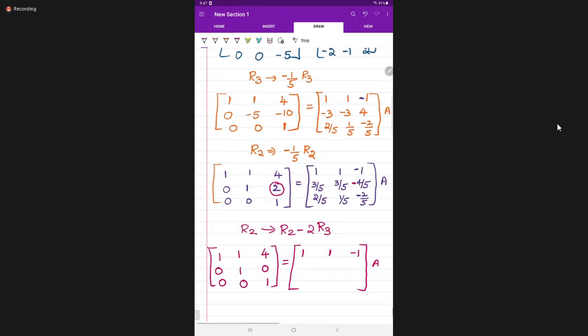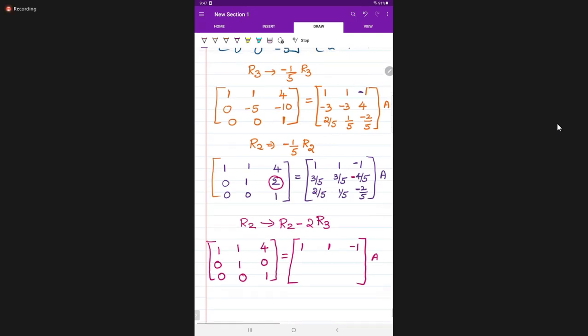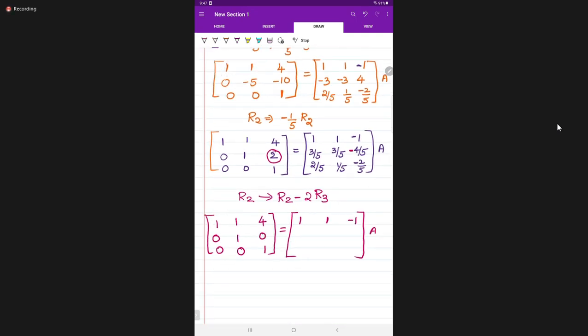3 by 5 minus 2 into 2 by 5. How much? Students respond. Minus 4 by 5. R2 is 3 by 5 minus 2 into R2 by 5. So it is equal to 3 by 5. 3 by 5 minus 4 by 5. Minus 1 by 5. Next number. 3 by 5 minus 2 into 1 by 5 equal to 3 by 5 minus, ma'am, it's 1 by 5. Also minus 1 by 5.